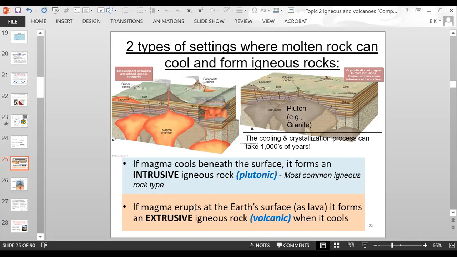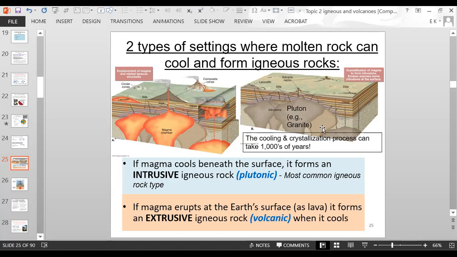If magma erupts at the Earth's surface as lava, it forms an extrusive igneous rock or a volcanic rock. Okay, so everything on top of the Earth's surface or at the Earth's surface is a volcanic or extrusive rock, and all of this down here is an intrusive or plutonic. Okay, and in this case,